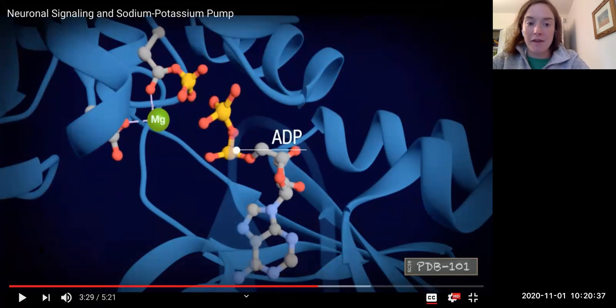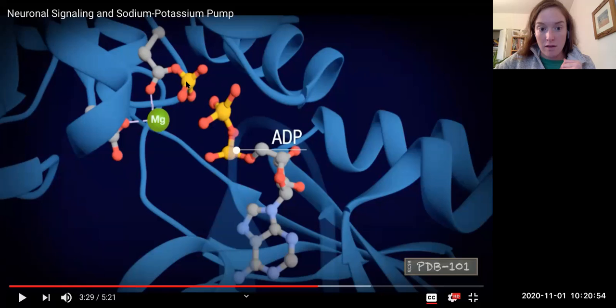Okay, so there you saw the actual ATP, adenosine triphosphate, so 3 phosphates attached. You saw the cofactor, the magnesium, help attract it in, and then the bond between the third phosphate and the other 2 was split. So in doing so, in hydrolyzing ATP into ADP,